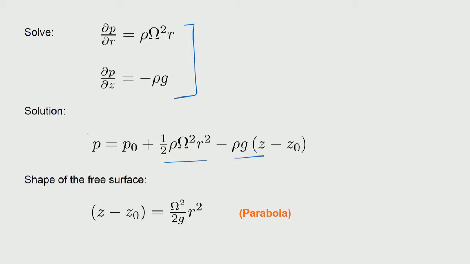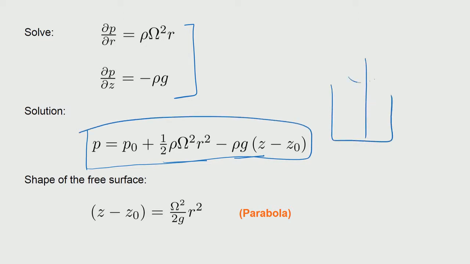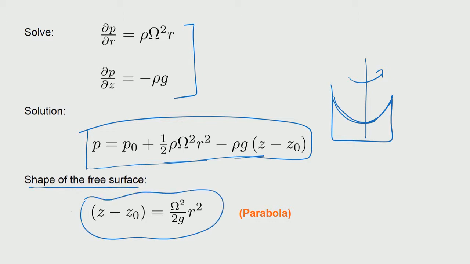So, which means that the pressure variation in this particular situation, where the liquid is being turned, is given by this particular functional form, and therefore, wherever P is equal to P naught will give you this particular curve. So, the free surface is then given by a functional form like this. So, Z is going as r square.